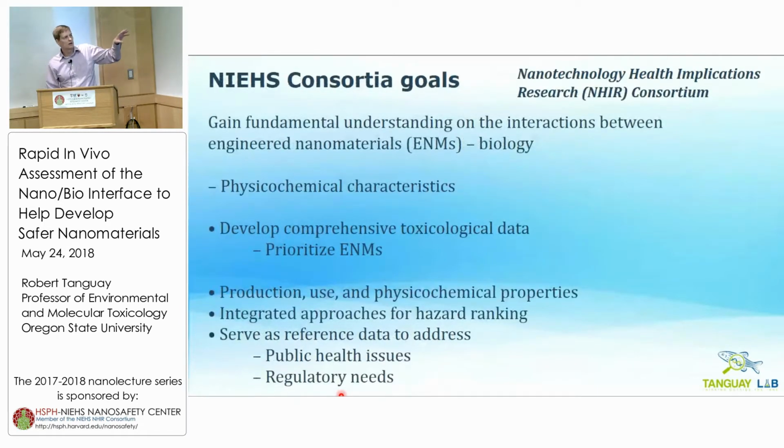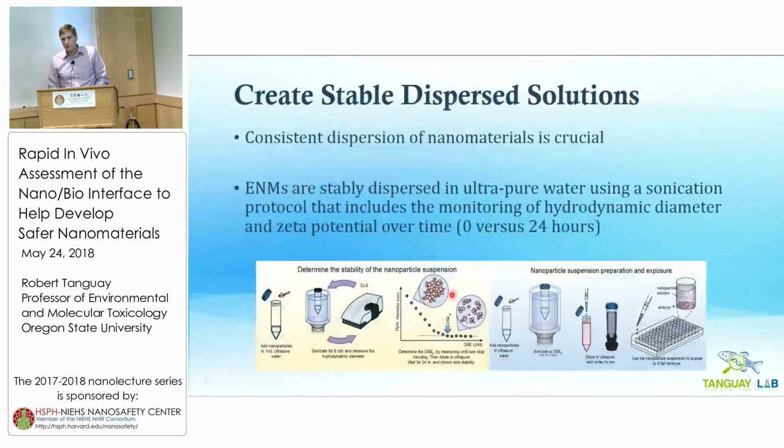So the last one I talk about is part of the consortium. So Phil's group is providing and characterizing a phenomenal group of materials. And our goal as the other investigators is using our expertise and our systems to evaluate those same materials in different systems. And hopefully stakeholders like public health issues and regulatory needs will be addressed when we can start predicting this. That's the overall goal. So obviously what I'm doing is I'm evaluating these in the zebrafish model. So we've implemented the method that we described in terms of uniformly dispersing these materials,